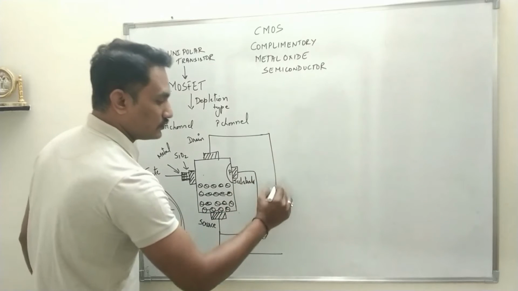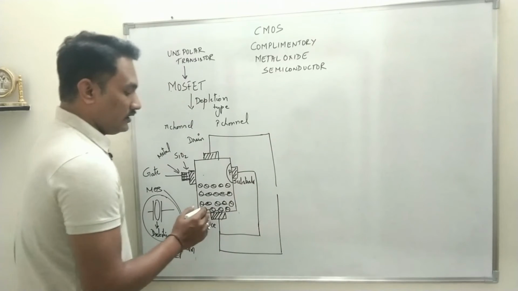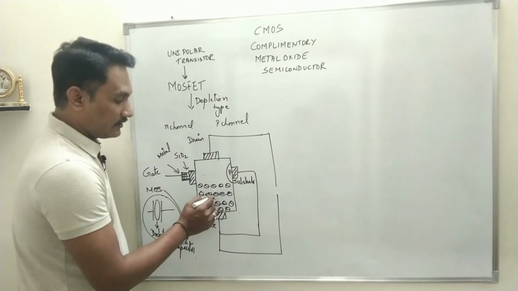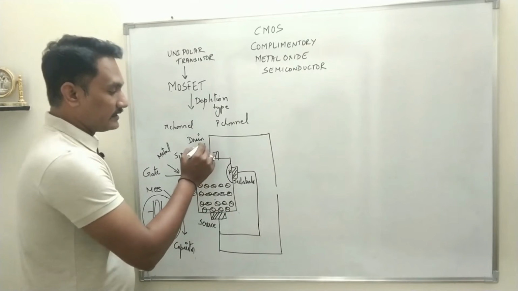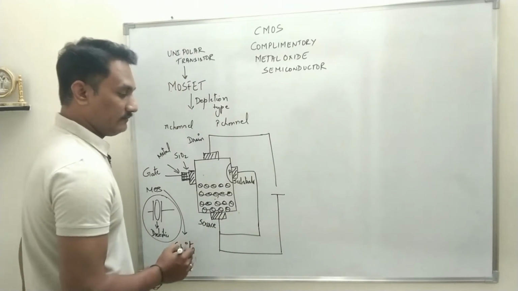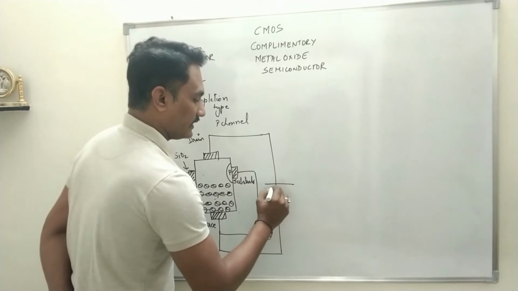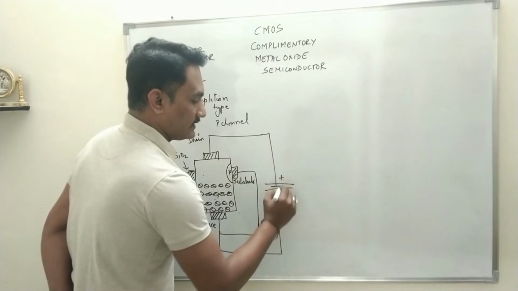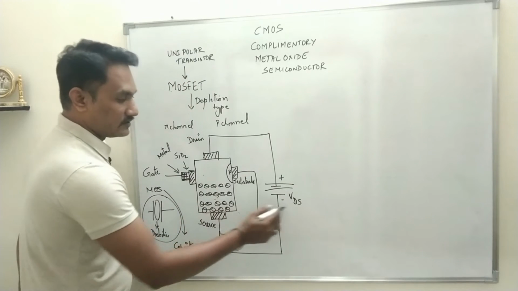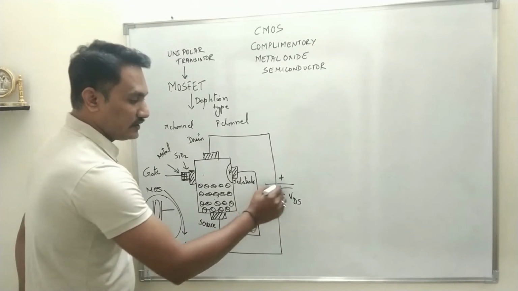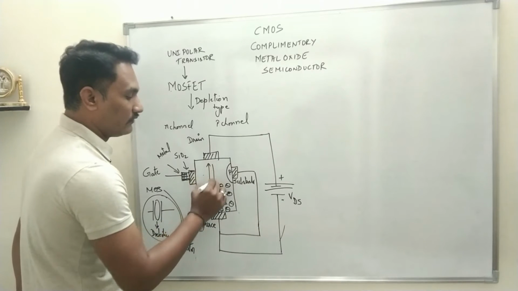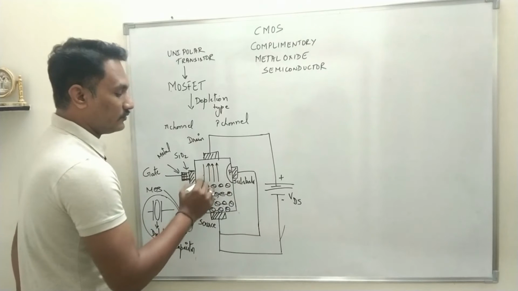Now let's say initially we apply a voltage between source and drain so that current flows from source to drain. Current will be because of the electrons, so electrons have to be repelled from this terminal and attracted by the other terminal. So the source should be connected to negative and the drain to positive. This potential is applied between drain and source, therefore it is called VDS. As soon as this potential is applied, the negative terminal will repel electrons, and the electrons will move towards the drain,